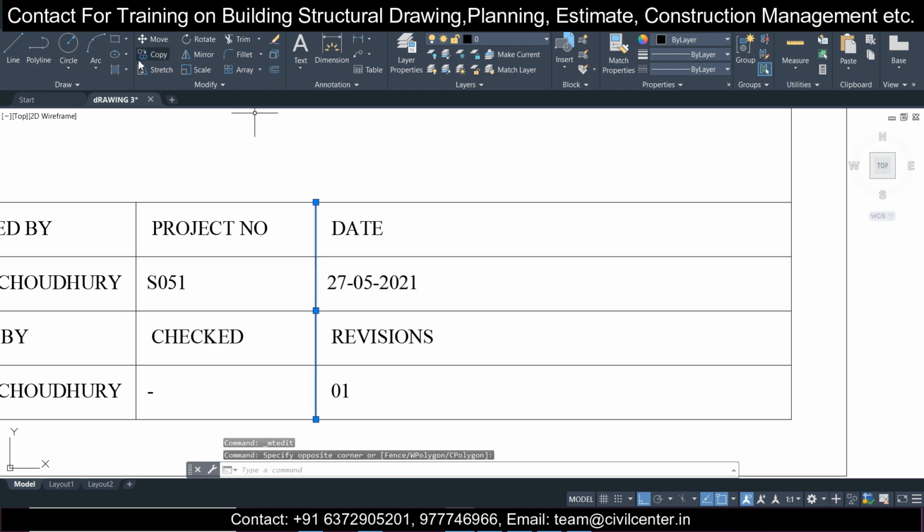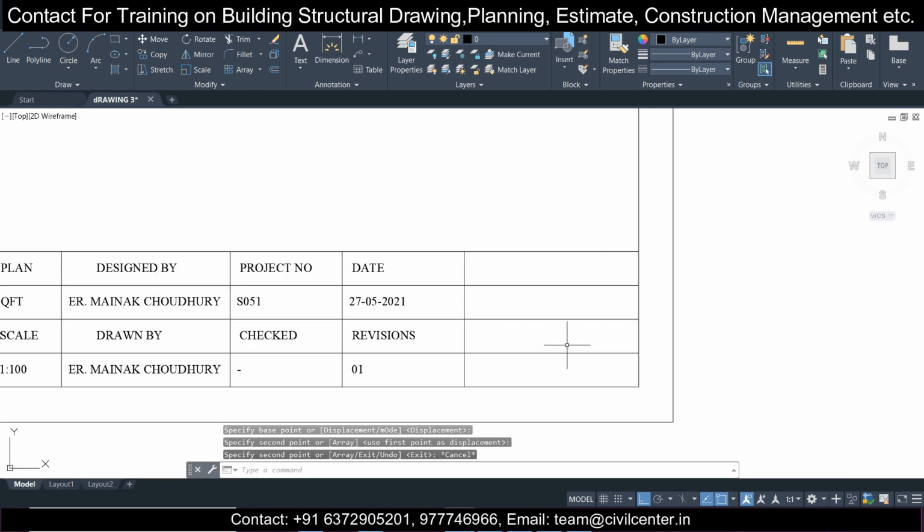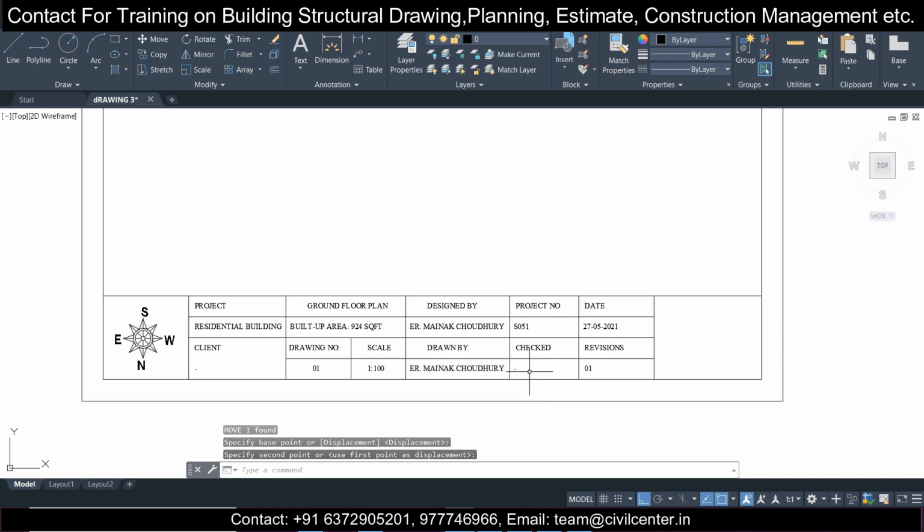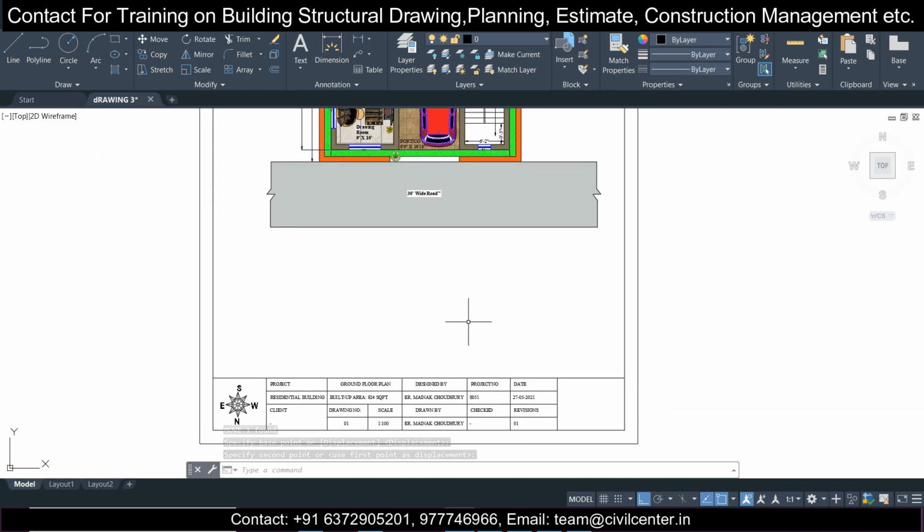And next you can insert the logo of your company right here. So like this we are making this, and we can make the door window schedule next.